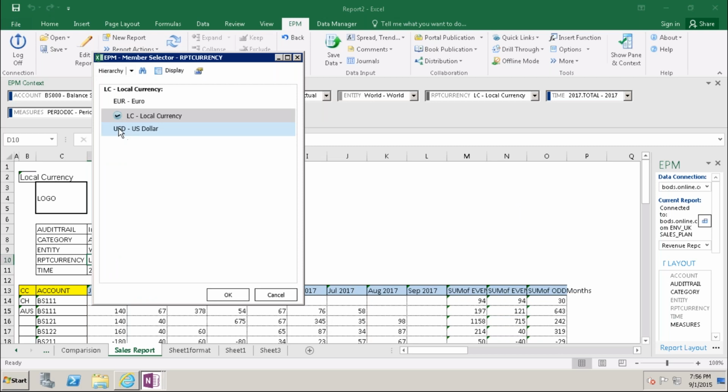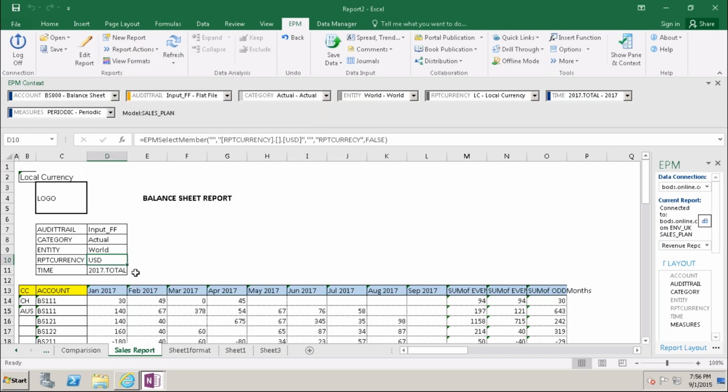When I'm going to select, I have used dollars, refresh, it should change.